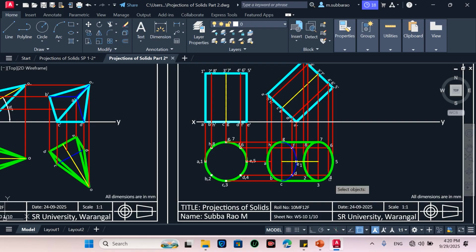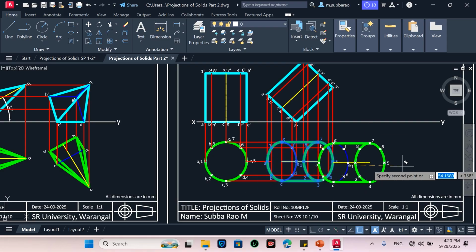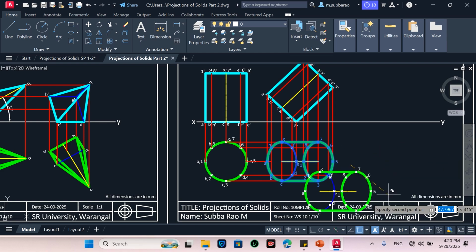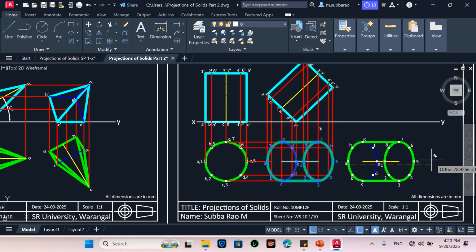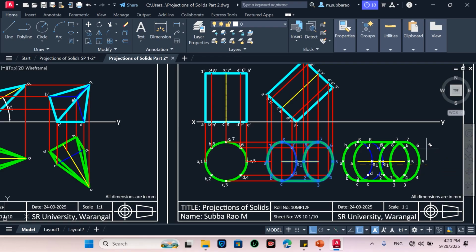So I will use the copy command. Take the top view, copy it, and I will turn on ortho here. I will paste it here. So now, according to the problem, this